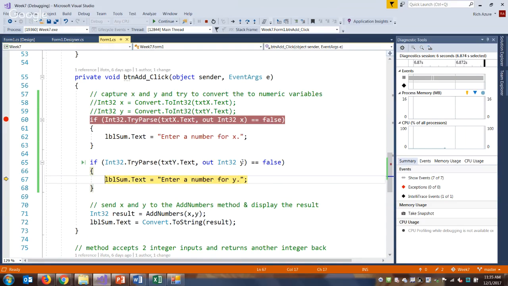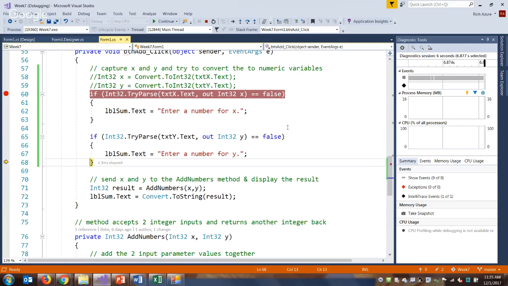We're going to have to change this a bit. So if we don't enter numbers, if I enter A and B, it just treats them as zeros. It actually isn't the result we want. In this case, we need to tell the user